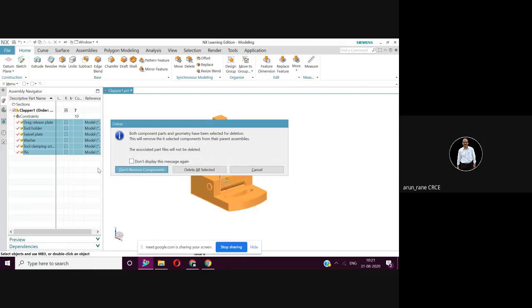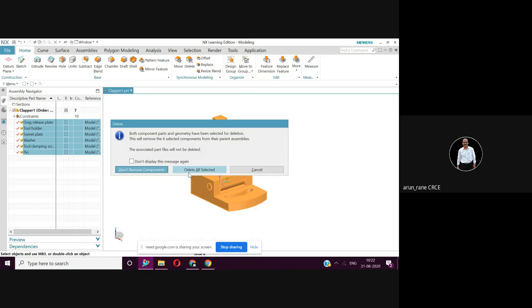It says both component parts and geometry have been selected for deletion. I agree. This will remove the 6 selected components from their parent assembly. I agree. The associated part files will not be deleted. That means your component drawings will not be deleted.